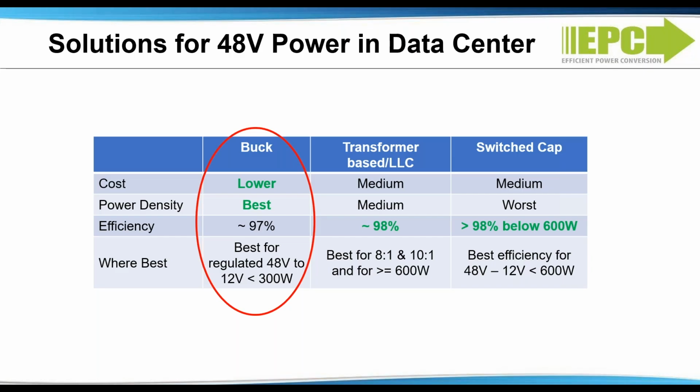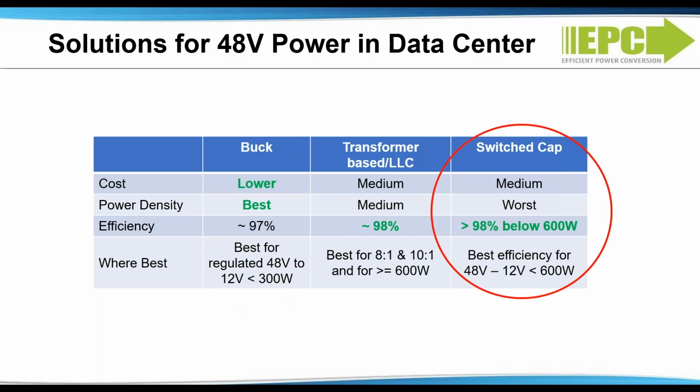However, for higher power, thermal handling and inductor size could be a challenge for the buck converter. Switch capacitors are inexpensive solutions and very efficient at 48 volts to 12 volts at less than 600 watts. The cons to this design are that it's much more complicated than the simple buck or LLC topologies. Also, the switch cap has limitations at high current and as such is not a real practical solution for systems